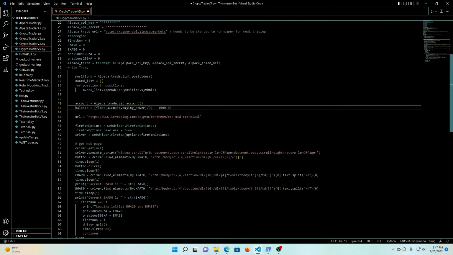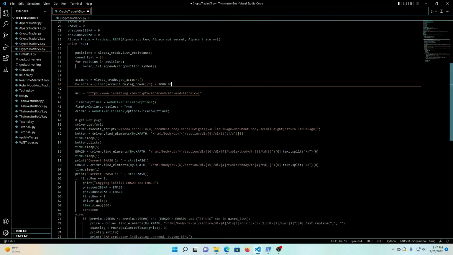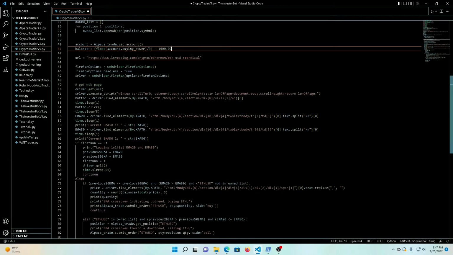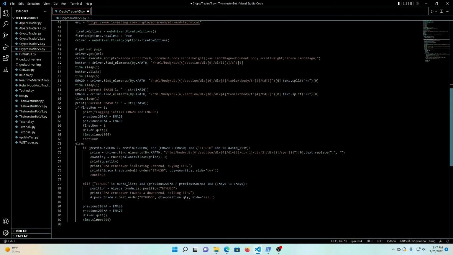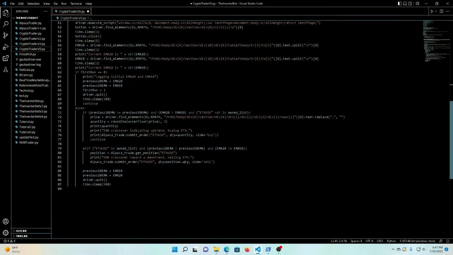I'll definitely tweak this up a little bit so we can use more of our balance, because you don't really want to have money sitting in there that you're not actively trading on. But moving forward, the other change that we made: previously, if we already owned Ethereum, like right here, if it's in the owned list,